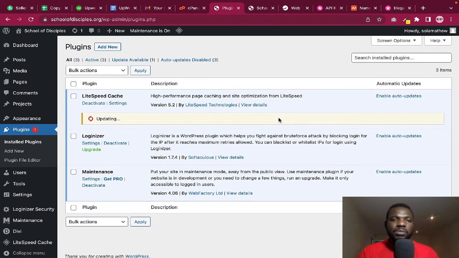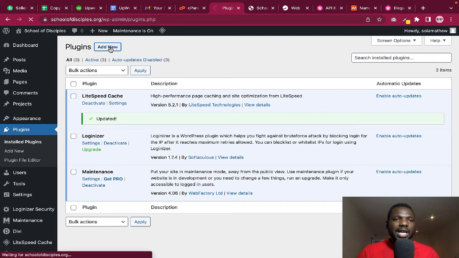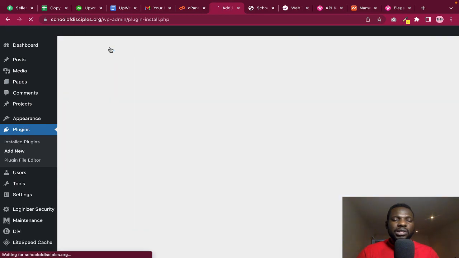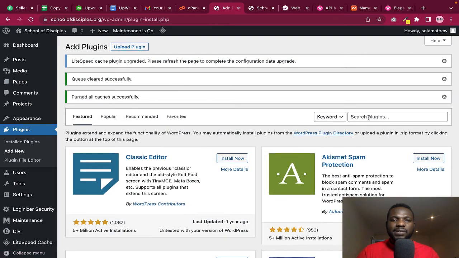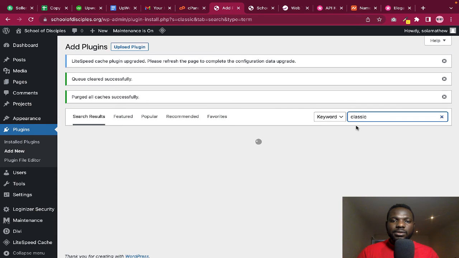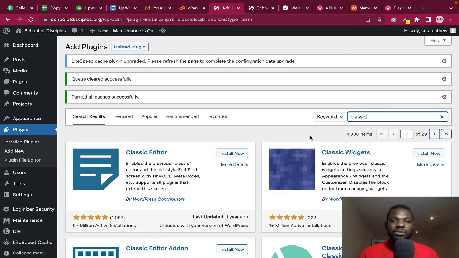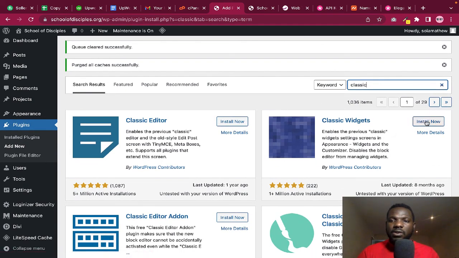First, let's update this, right? So we click on add new, then search for classic. Okay, we want to change it to classic widget, so then click on install, then click on activate,